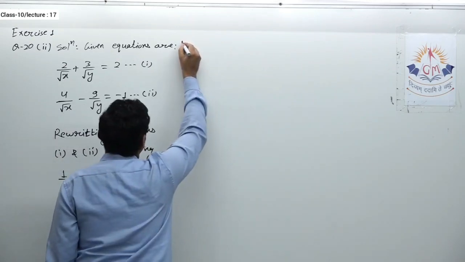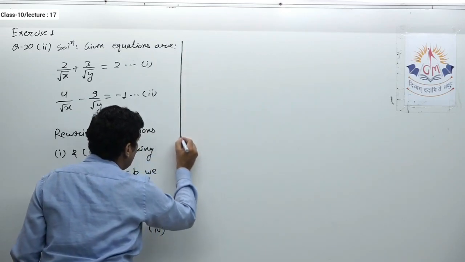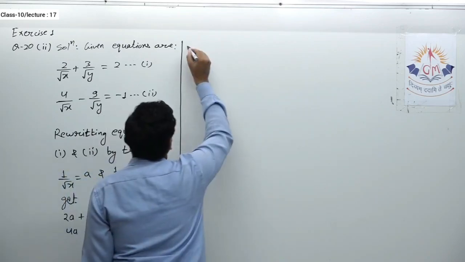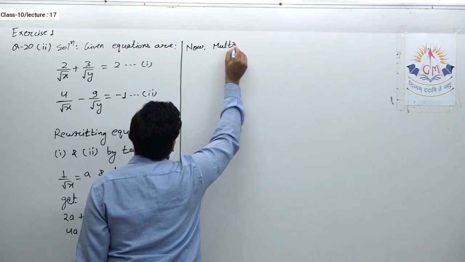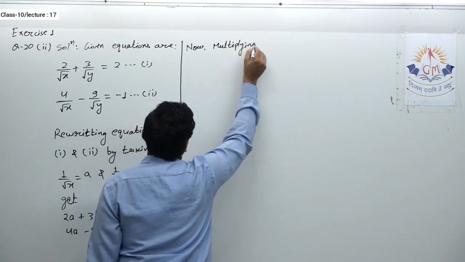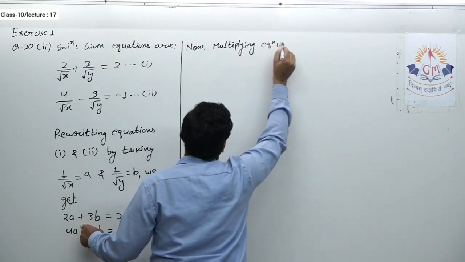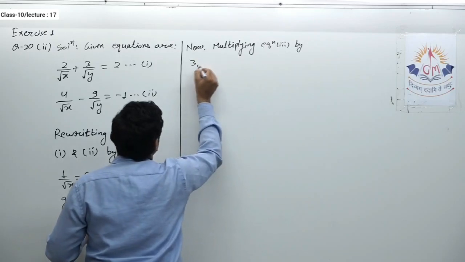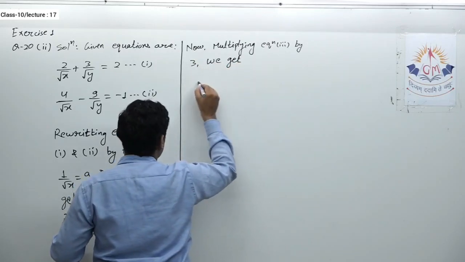Here I find it is easier to eliminate b as compared to a. So now, multiplying equation 3 by 3, we get